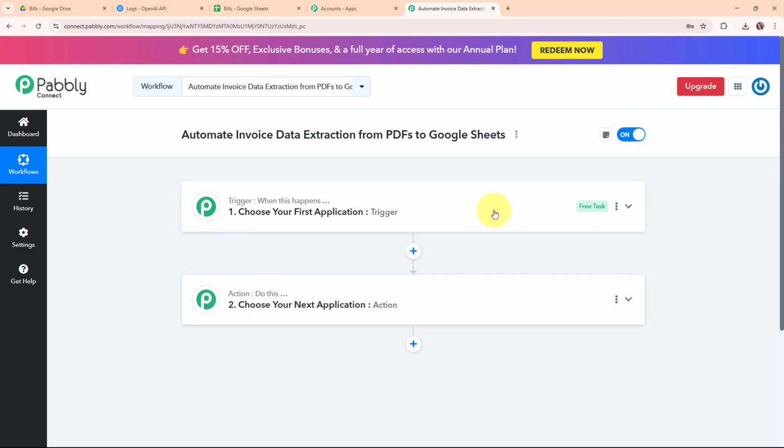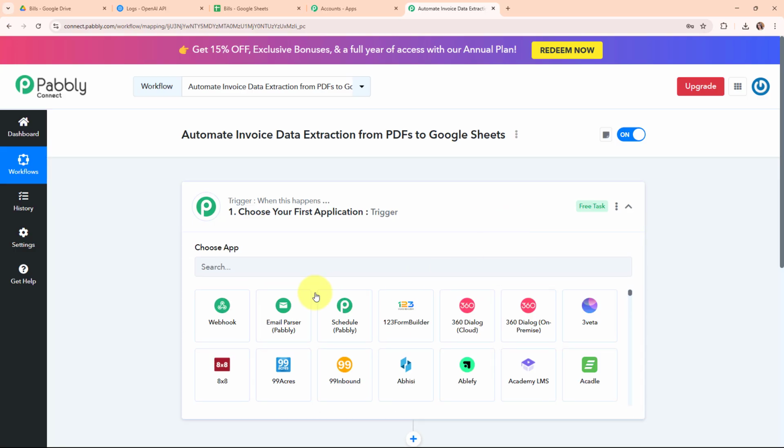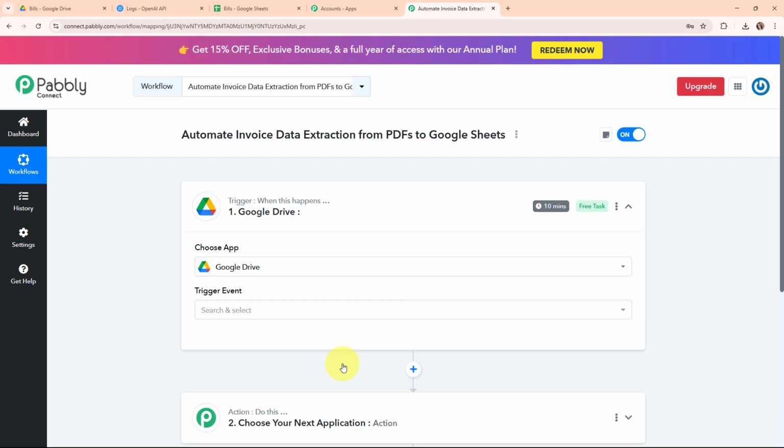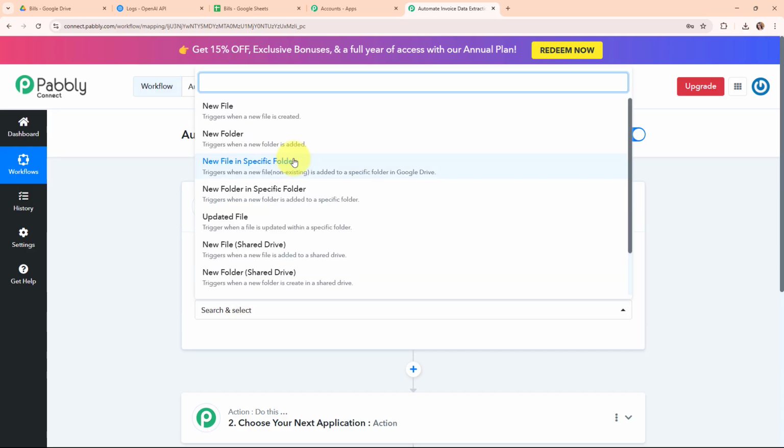Now let's begin our automation by simply setting up a trigger. So here I'm going to select my trigger application as Google Drive, as I'm uploading the PDF formats built in my Google Drive under a specific folder. Okay, so Google Drive is a cloud storage service where you can store your files and access them from any device. So in my Google Drive trigger step, I'm going to select my trigger event as new file in a